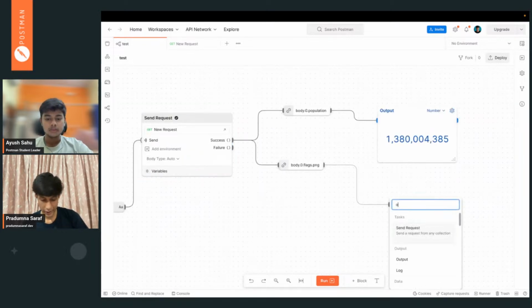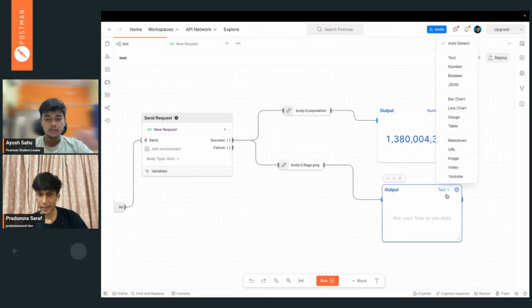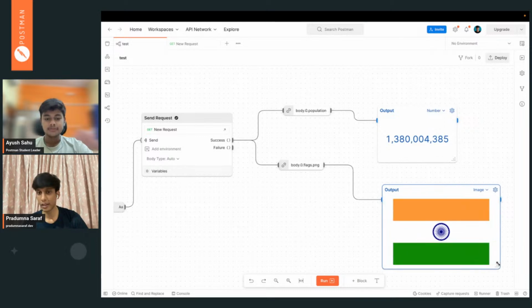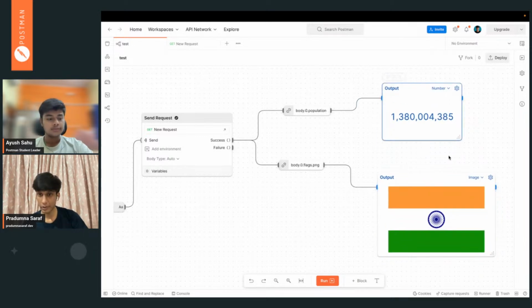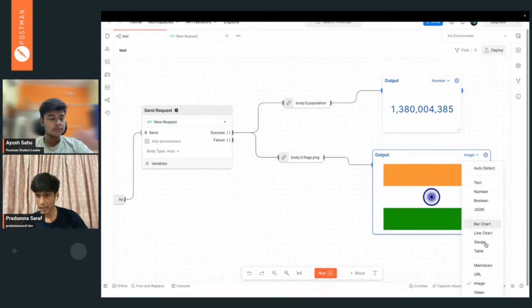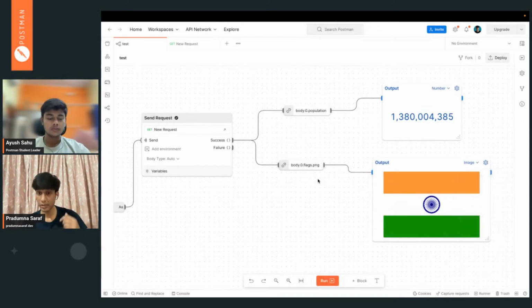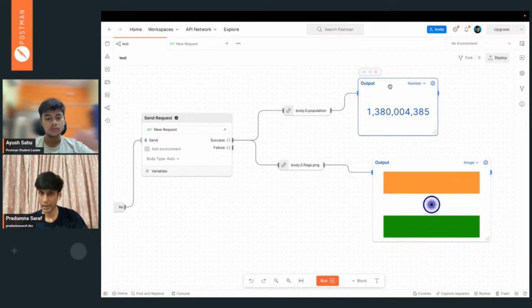As you output the data, you can just select the image option. Yep, and now see the magic. You can visualize your URL as well. This is the really cool thing about flows. You can literally visualize anything, be it image, markdown, video, YouTube, anything. This comes in handy. For example, if you have a bunch of data and you want to go through it to test which URL is broken or not, in this way you can just render out the data. As I mentioned, it can be image or video.